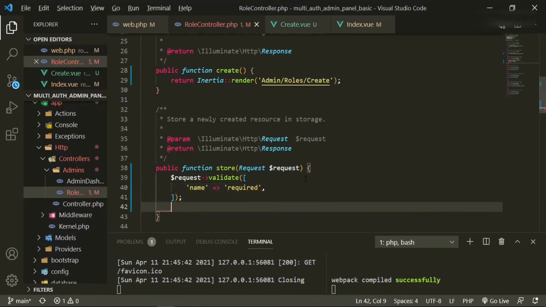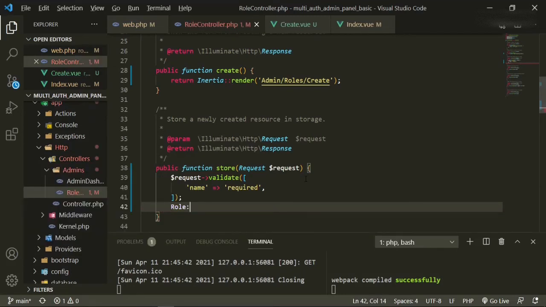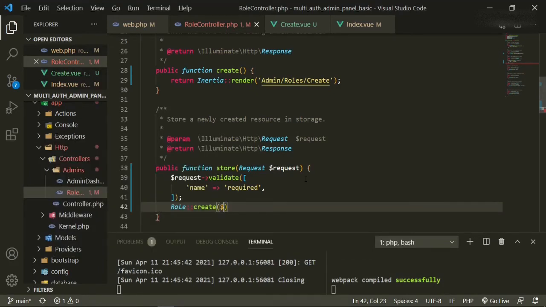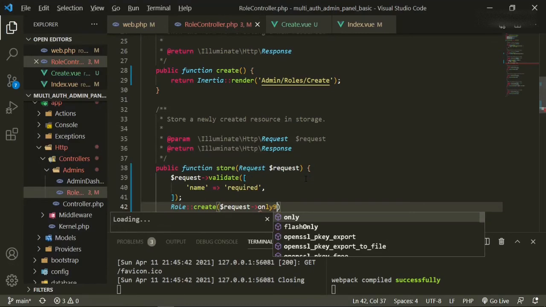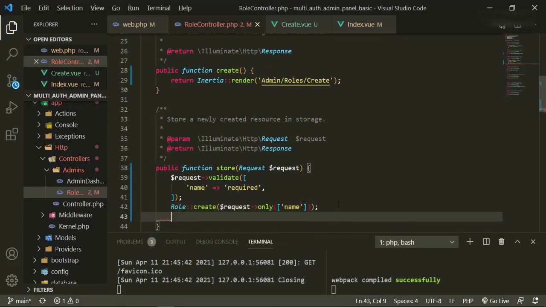Okay, and under here we'll say Role create request only name. Okay, and that'll create the role for us.